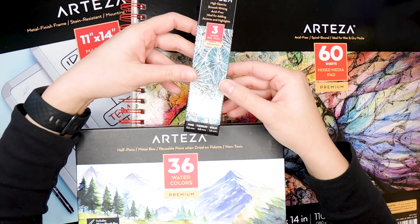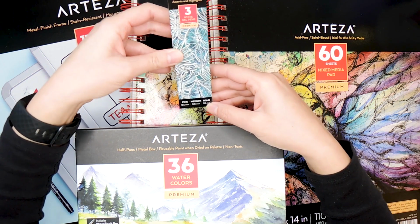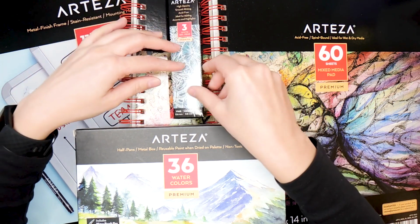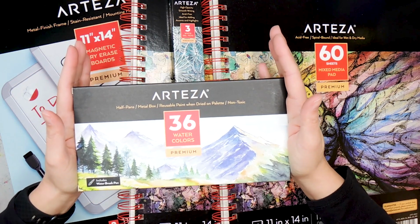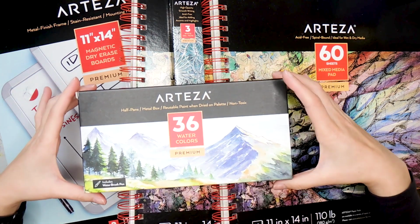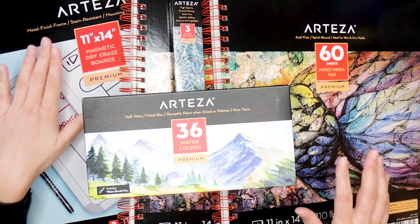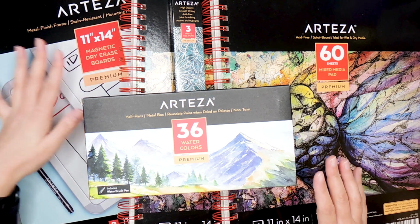I got some white gel pens. They are 3 different sizes, which I didn't realize when I ordered them. I just thought it was a pack of 3 of the same ones, so that's going to be interesting. I got a 36 watercolor half pan set, so these are already in the little pans, so no tubes or anything. Excited about that. And then the pièce de résistance is I got these 2 magnetic dry erase boards,